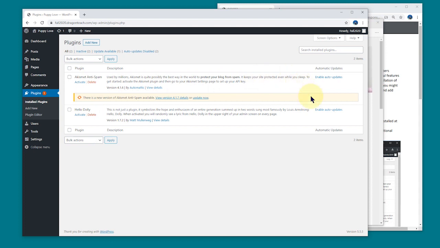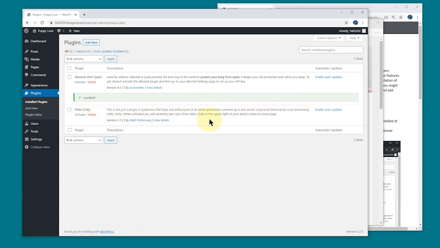So if you look on my screen here, you can see that there's an anti-spam plugin. It hasn't been configured yet. You'll notice that it needs to be updated. And if you ever see a plugin that needs updates, you have the ability to read the details, and if you're comfortable with it, you can always click on update and it will update the plugin for you. Because plugins are little software programs, and there are regularly updates or upgrades that are performed on them by their developers. The other one is this Hello Dolly